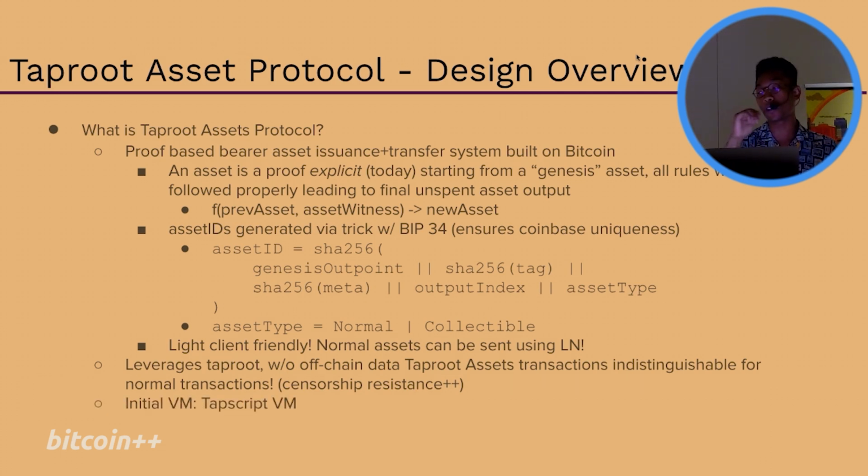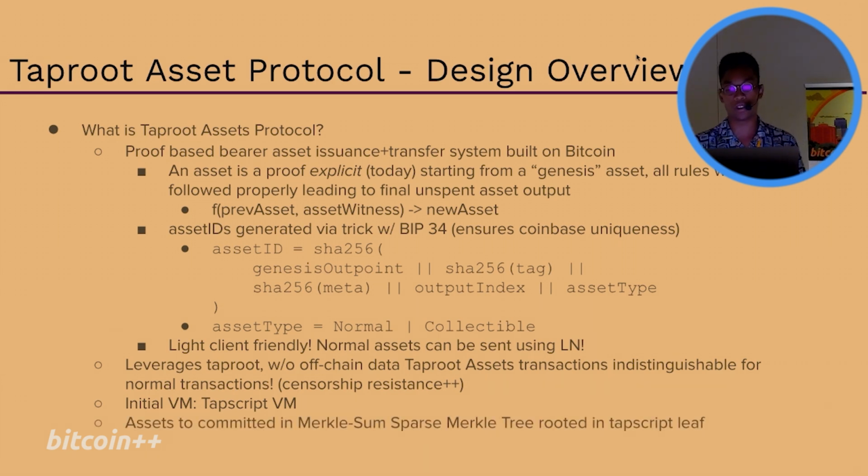And I mentioned a little bit earlier, this thing has a VM. Initially, it's basically just the TapScript VM. In the future, we can actually swap this out to be other VMs, maybe WASM or maybe something ZK based. But it's actually based on Bitcoin all the way down. And a little bit later, that makes it a little bit easier to do validation of the protocol itself.